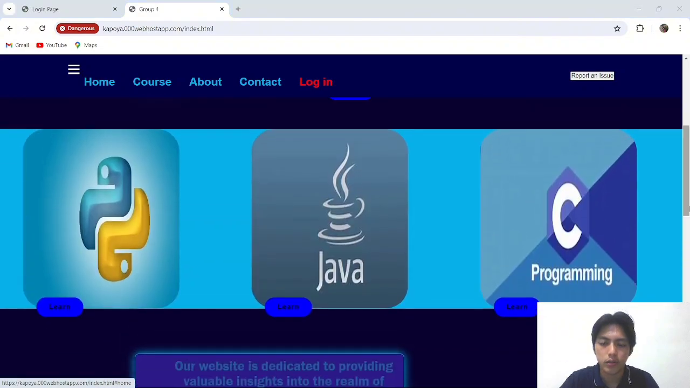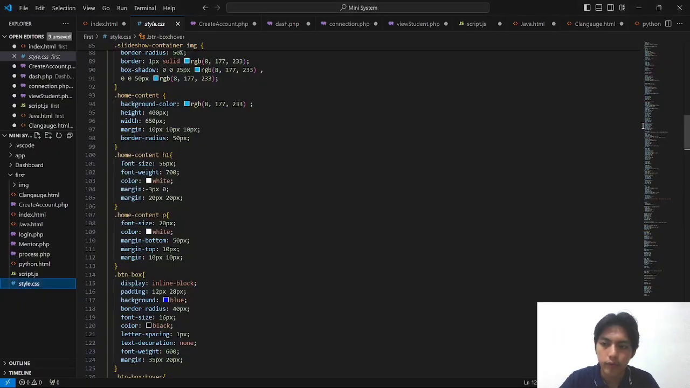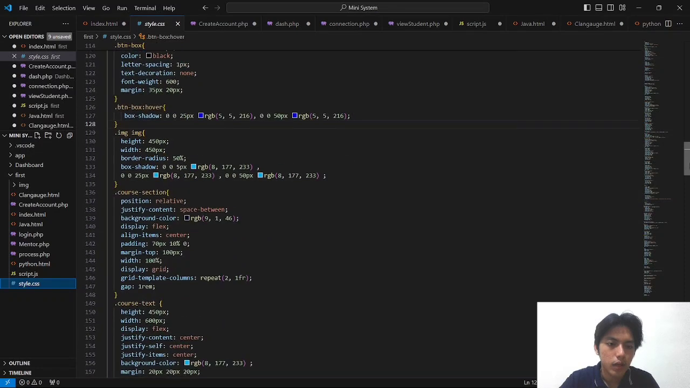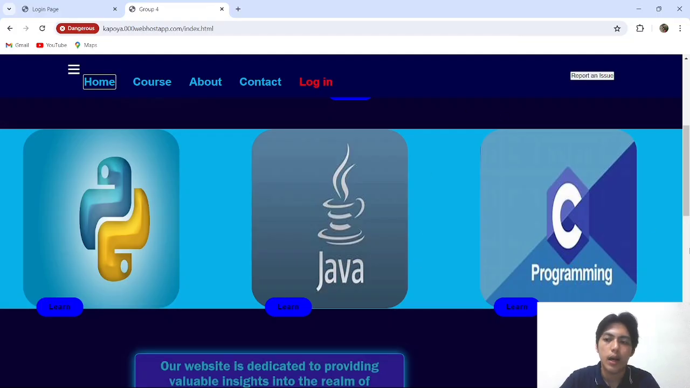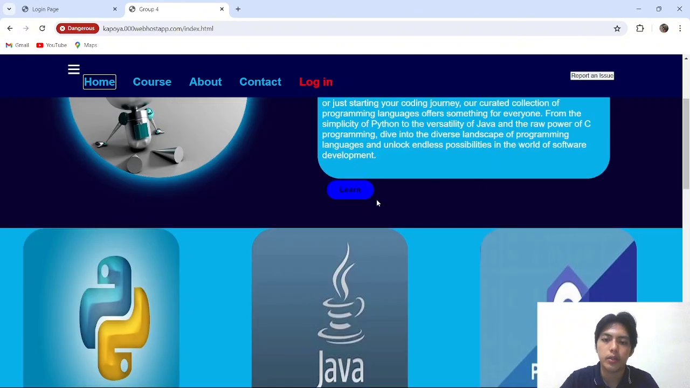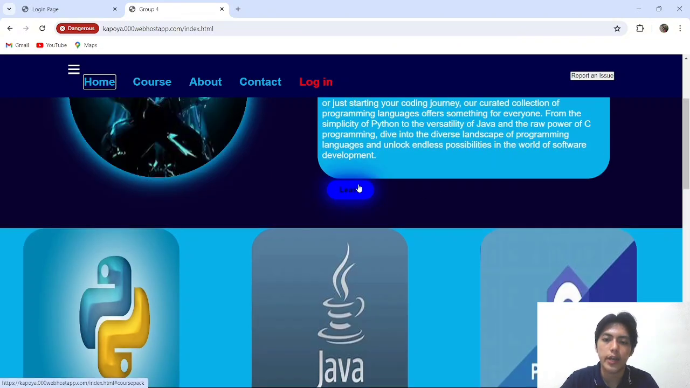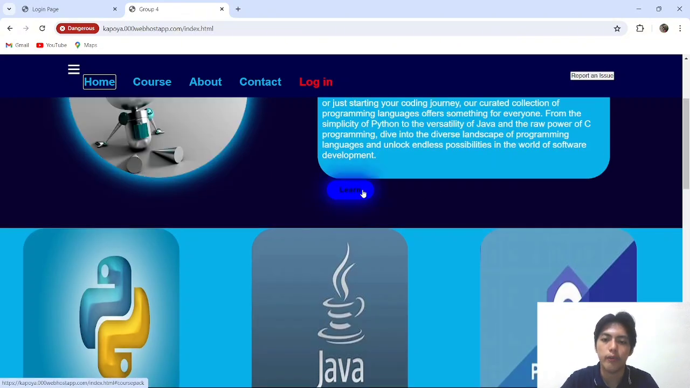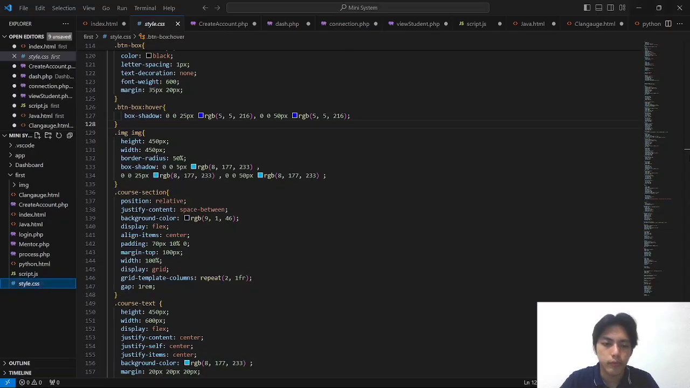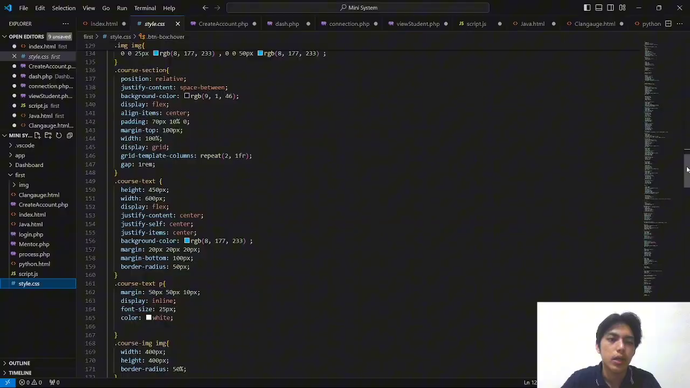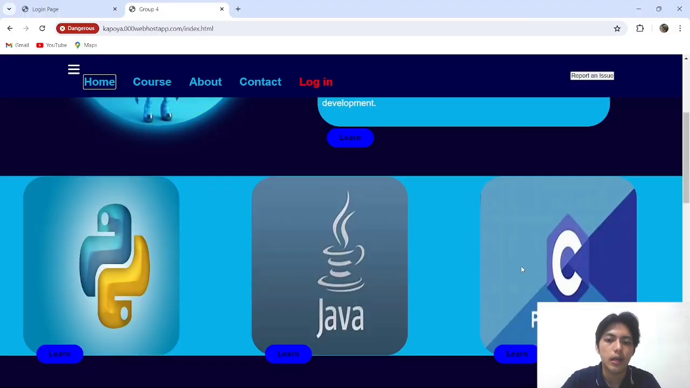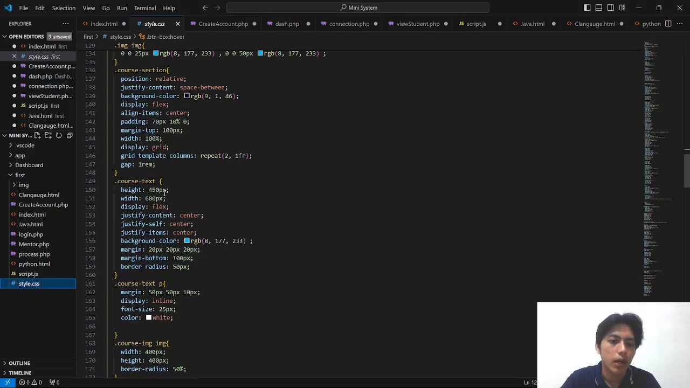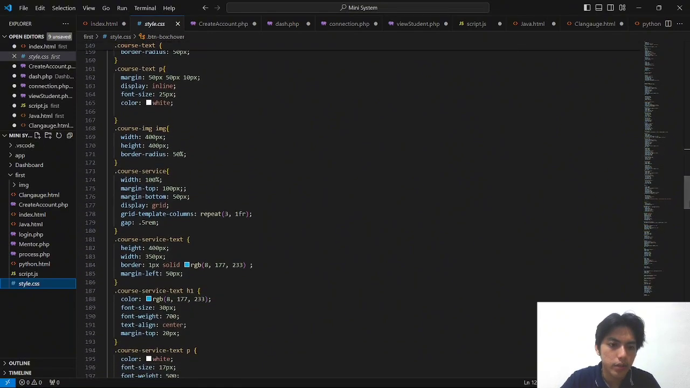Moving on to the bottom, by the way, the button box hover is when I hover over a button and it adds a shadow effect like this one, like a glow effect. So moving on, we have the course section, which has the course store, the course text paragraph, the course image,